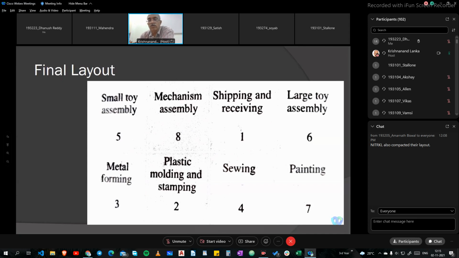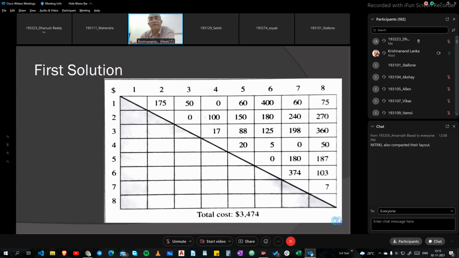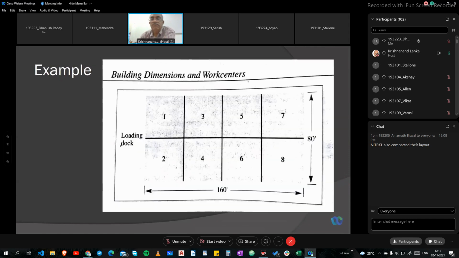Whereas, for example, in the welding section, because of arc welding, the workers get exposed to a lot of arc welding light. So that section should normally work in isolation. Most plant layouts are what we can call constrained optimization. You can't shift departments just like that.